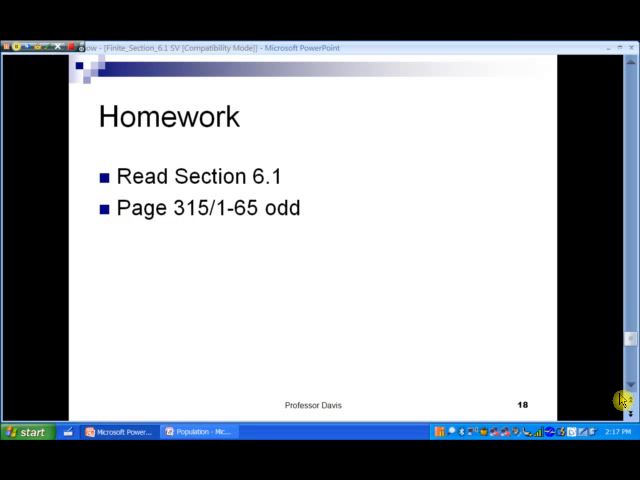All right, so finally, for homework in this section, there's no computations or anything to do in this section. We want to read over section 6.1, look at the examples, and we're doing problems 1 through